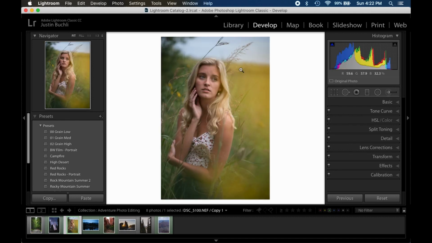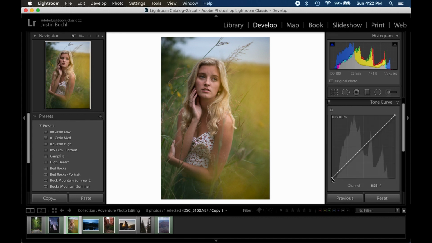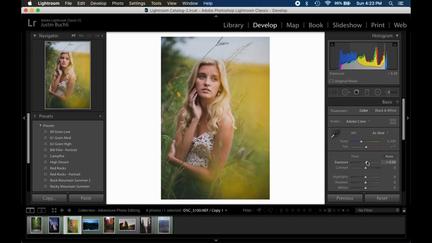So moving on, this is a portrait I took, and this should be a relatively quick edit. So usually I just start off with that tone curve again and just kind of give it the same look we've been doing in the previous photos. But this time I'm just going to drag up those highlights a little bit more, give it a little brightness, and we're going to go into basic and just drag up that exposure a bit because I like really bright